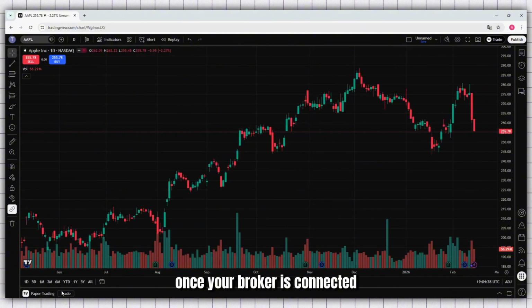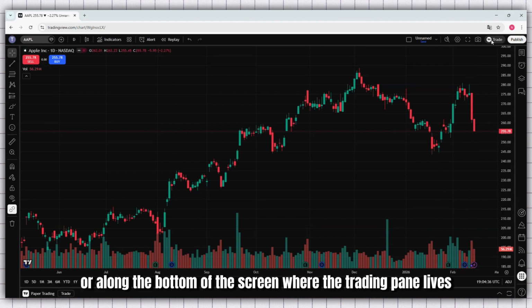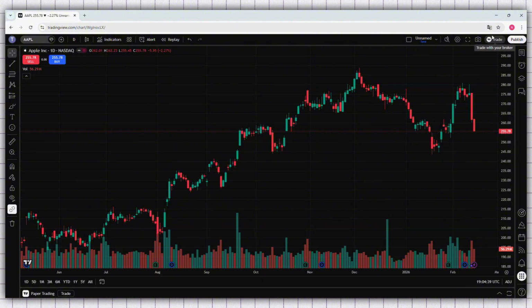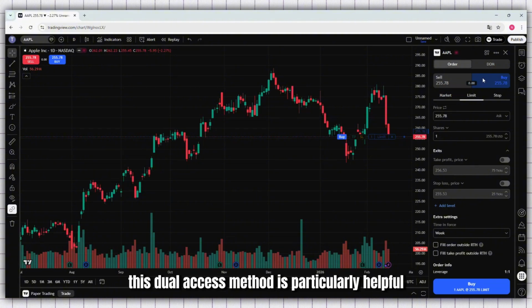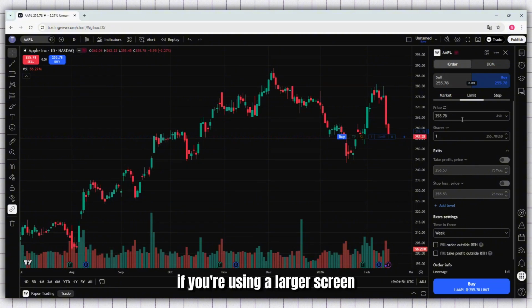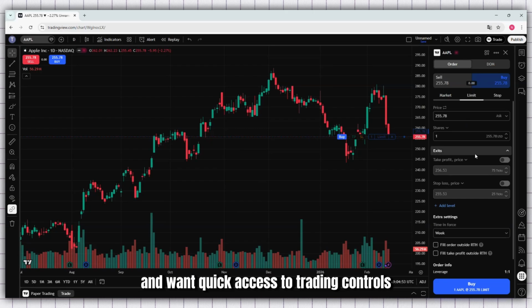Once your broker is connected, look for the trade option in the interface. You can access it in two convenient places, at the top right of the chart or along the bottom of the screen where the trading pane lives. Either location leads to the same place. Selecting Trade simply brings up the trading tools that tie directly to your broker connection. This dual access method is particularly helpful if you're using a larger screen and want quick access to trading controls